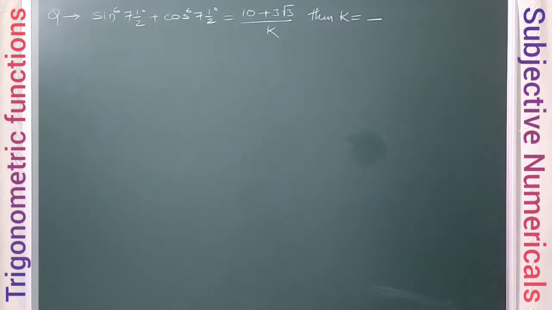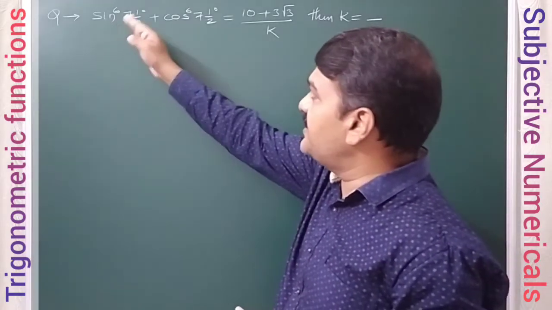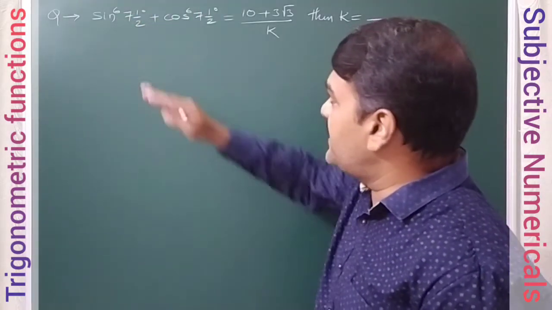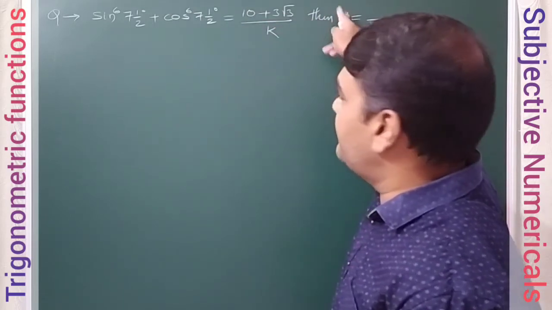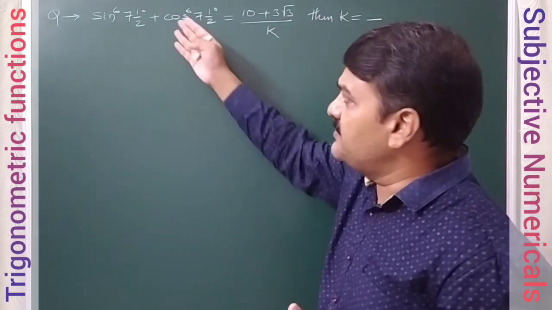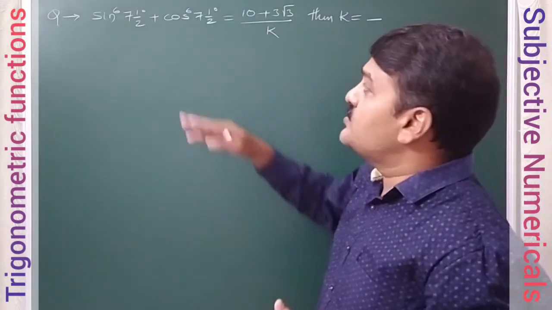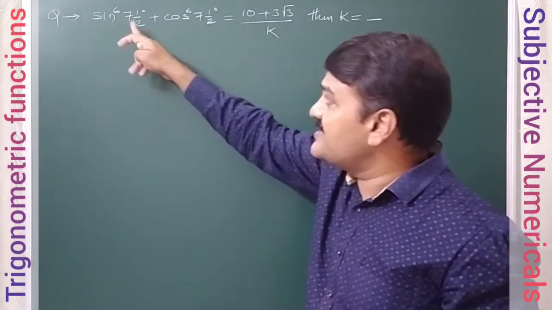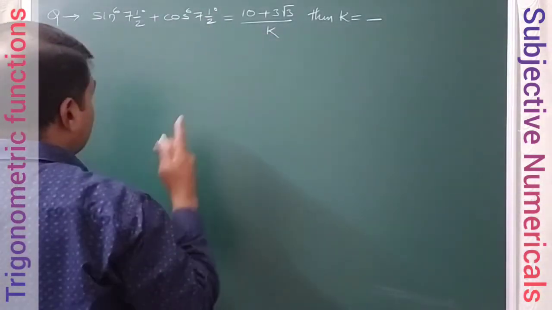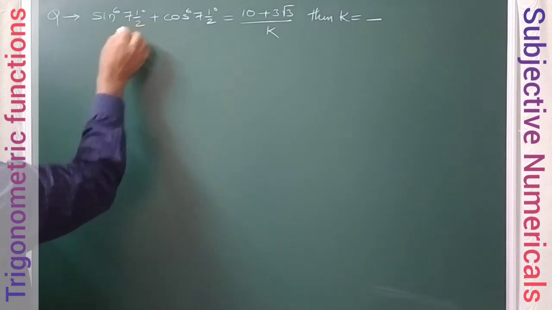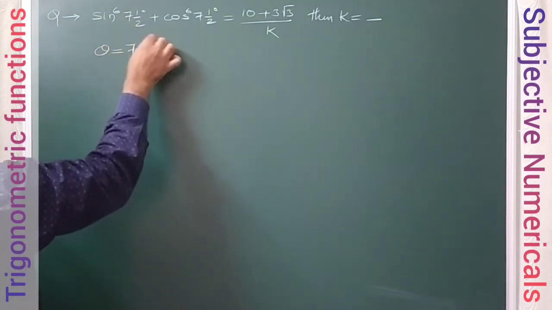So this is the next problem we have on board. Sin power 6 of 7.5 degrees plus cos power 6 of 7.5 degrees is given to be like this. We have to find the k value. That means we will simplify the LHS, compare with this, and automatically we will get k. So here this is the sin power 6 theta plus cos power 6 theta model. So before starting the problem, I will take this 7.5 degrees as some theta.